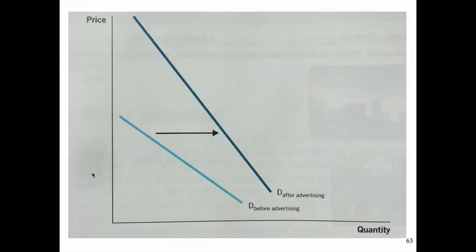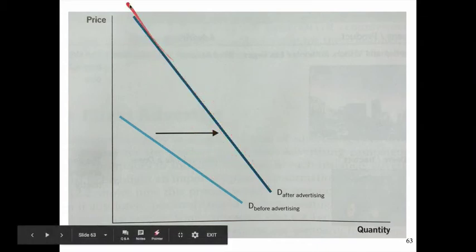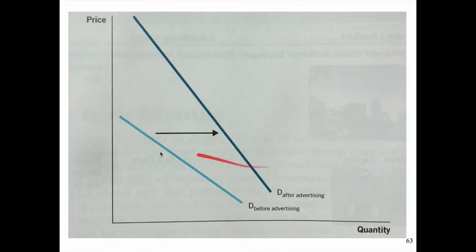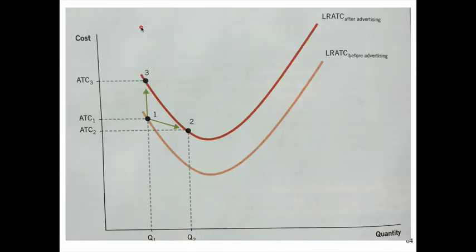So here's an example of what a firm hopes advertising will do. You have the demand curve becoming more inelastic, it's becoming more vertical, and they're hoping that the demand shifts to the right so that they can charge higher prices, as you can see here. So instead of charging this price, with advertising it becomes more inelastic, more consumer loyalty, and they charge a higher price. Now, ideally, by advertising, a firm hopes to increase its demand or quantity from, here's another example, point 1 to point 2. So the demand curve shifts to the right, and even though your ATC curve is higher, you might be able to make more money.